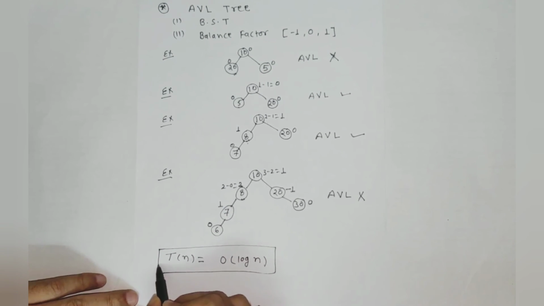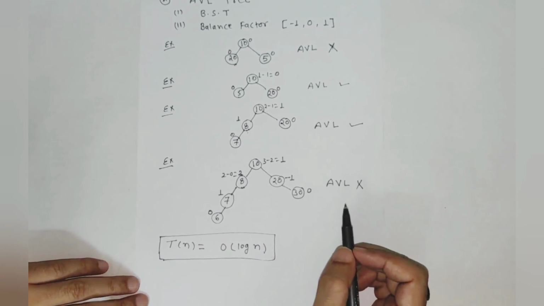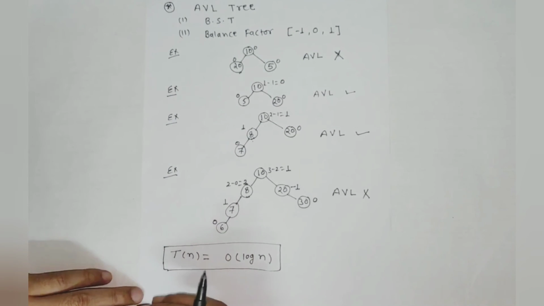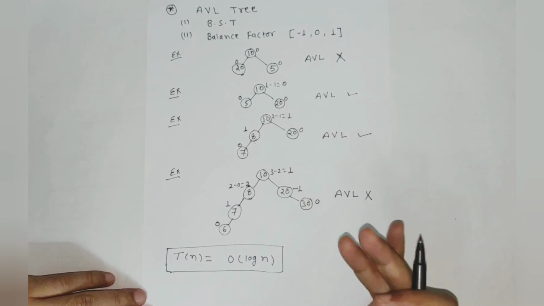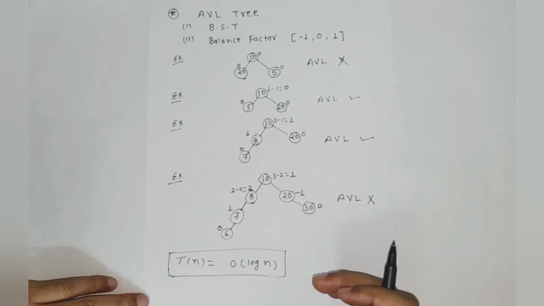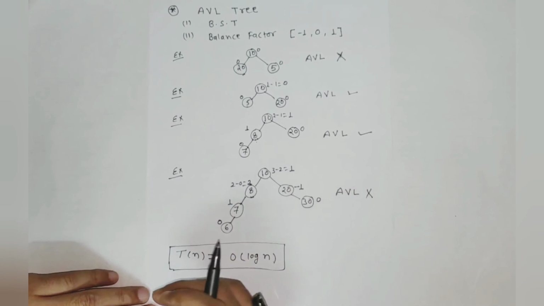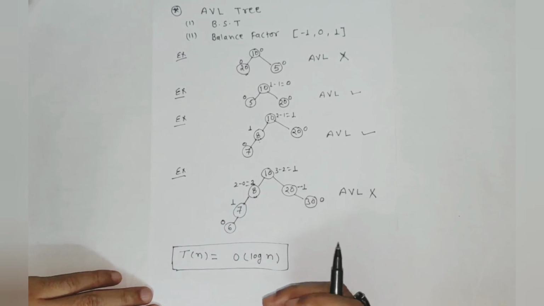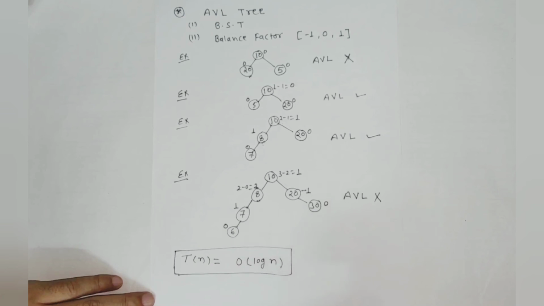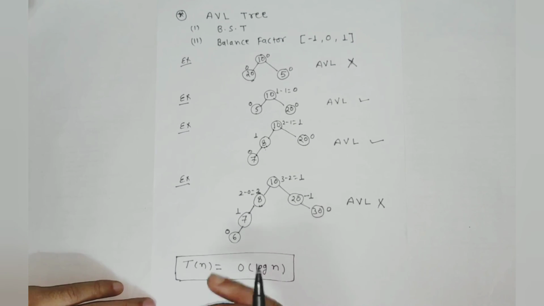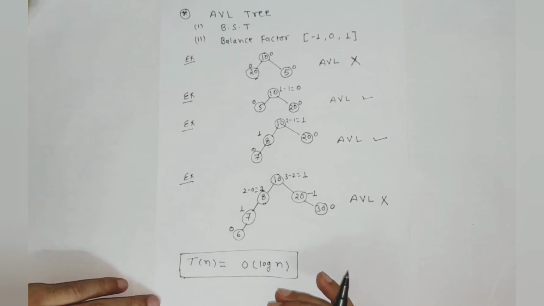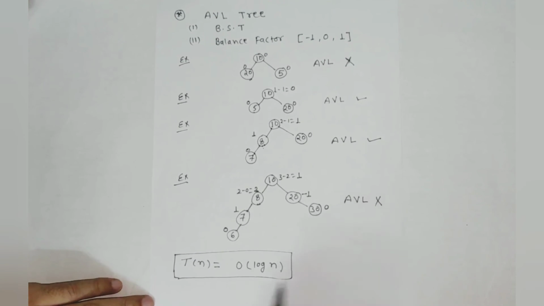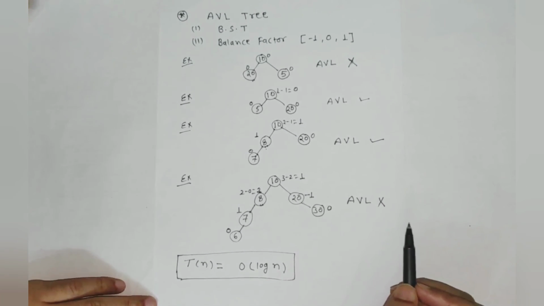In binary search tree, it was order of n because there can be two possibilities, like left skewed binary search tree or right skewed binary search tree. But in AVL tree, whenever the tree is trying to skew, then we will make the rotations accordingly. So the time complexity will reduce because we are reducing the height. In this, maximum height can be log n. So the time complexity will be order of log n.